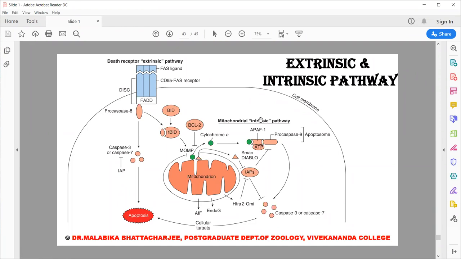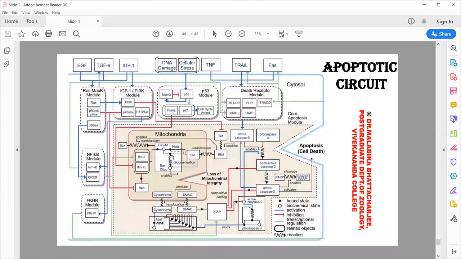There are cells where the amount of caspase 8 generated here might not be enough to produce effective caspase 3. Hence, at times, caspase 8 signals via BID to the mitochondrial pathway and also involves the mitochondrial pathway. So, when a cell is dying, both the pathways are essential for the complete death of the cell. And if you look at this picture, I'm not explaining it. This picture is a glimpse of the circuit of apoptosis, the variety of proteins associated with apoptosis.